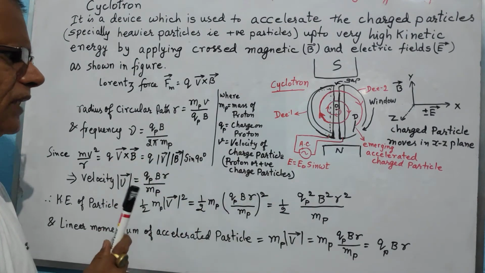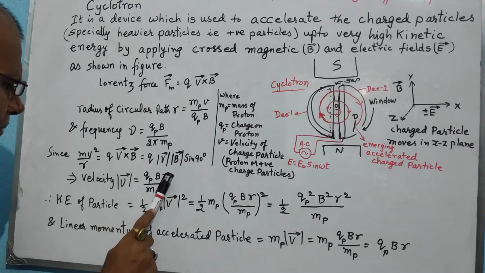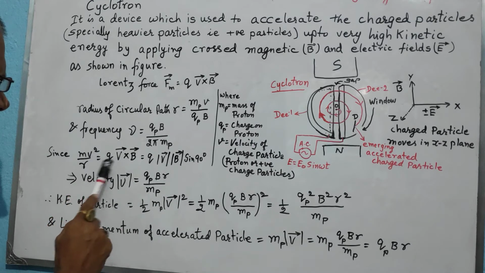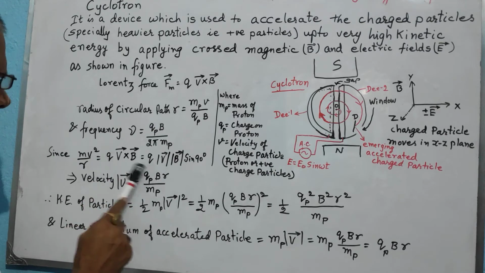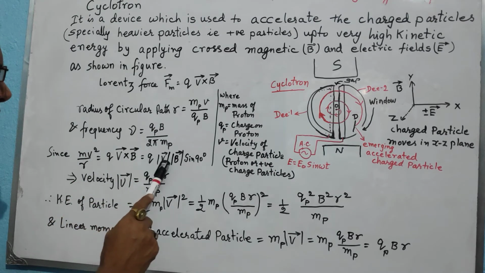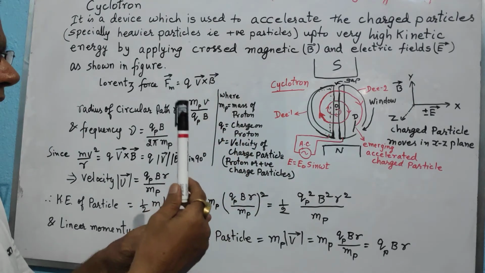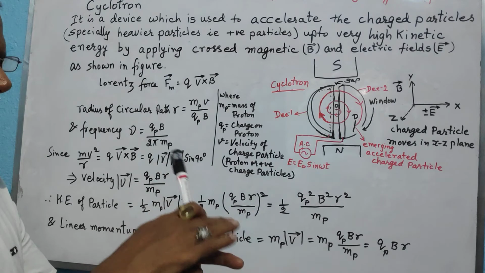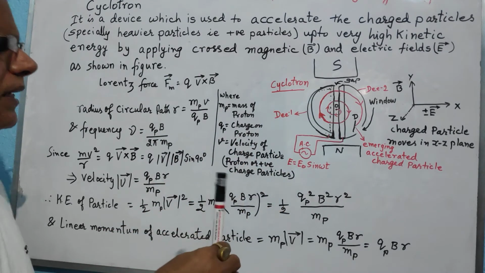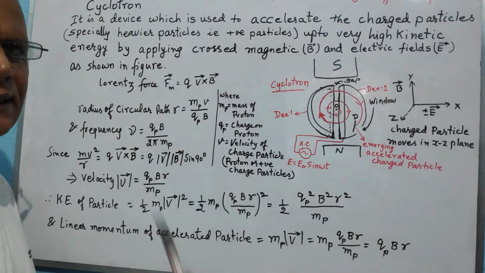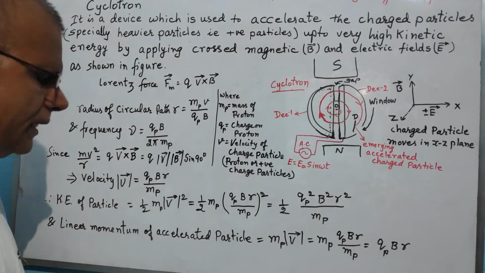But before we actually talk about it, we can see that the velocity of the charged particle will be given by, you see, mv squared by r, that is, the centripetal force is provided by the Lorentz force, and therefore mv squared by r is equal to qvB sin 90 degrees, because the magnetic field is in a vertically upward direction and the particle is always moving in the xz plane, so it is always at 90 degrees, and sin 90 degrees is 1. So we get the velocity of the charged particle equal to qBr by m.